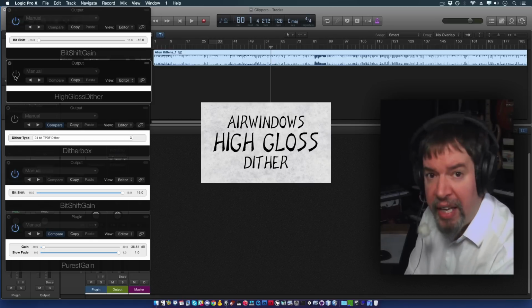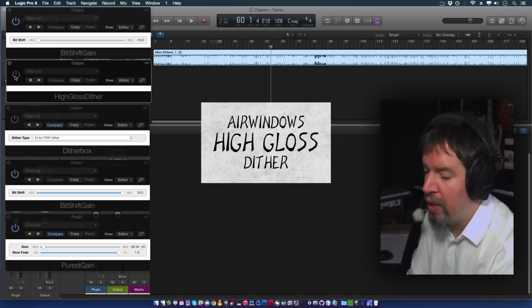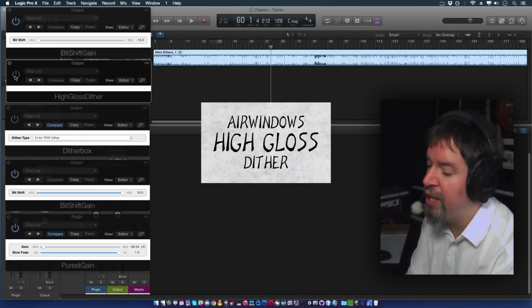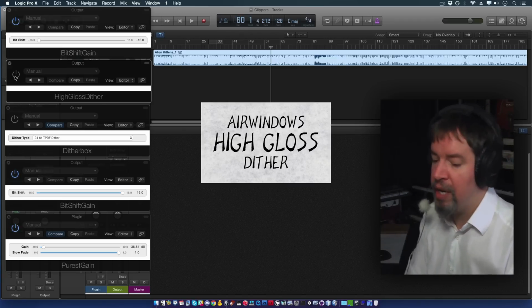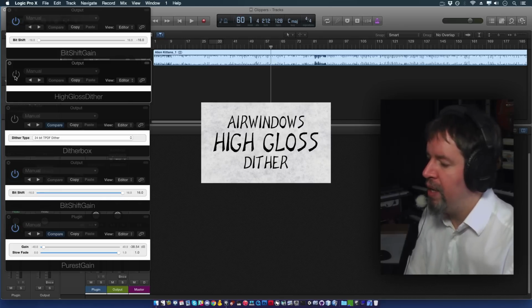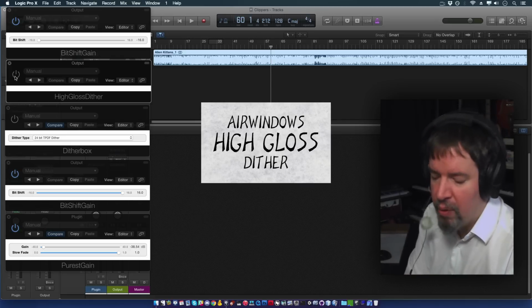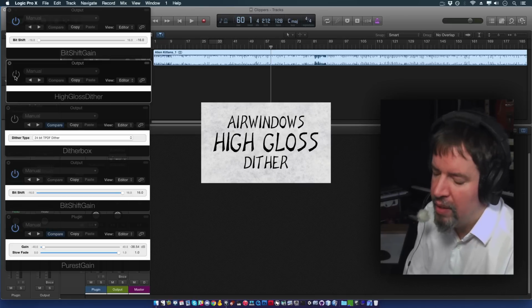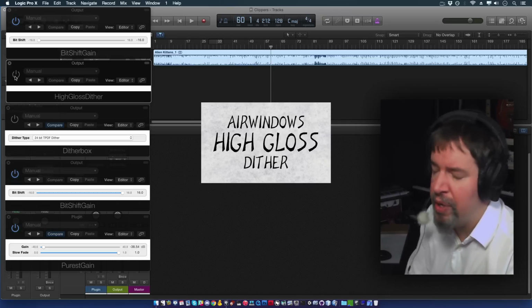It does some of the things that dither does. Like, it produces a kind of a noise floor and kind of helps the sounds get beneath it, but before it quite does that, it shifts and changes and warps them and brings on that crazy parallel compression thing, but in a much more controllable way. So, bottom line with HighGlossDither, which is my dither output before I get into the more high performance ones,